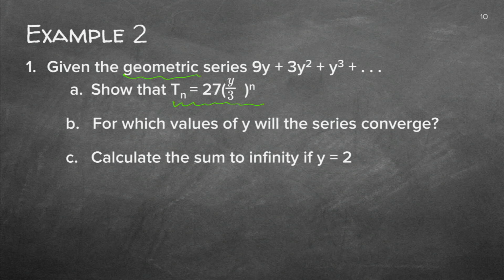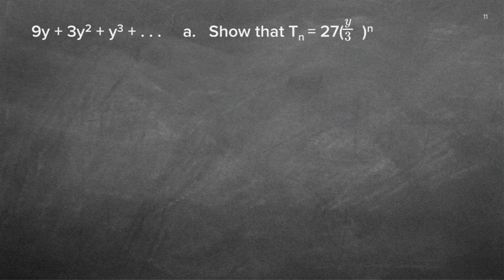So let's just see if I've got an empty page here. Firstly, we're going to try and find R. Right-hand side divided by left-hand side. That gives me y over 3. I do not have to test it again, but you can. You'll see if you test the third divided by the second term, it gives you y over 3. So I'm just going to write it neatly here so I can circle it. R is y over 3. I like to see the two loops. A is equal to 9y. Don't let it put you off. Doesn't matter if it's a proper number or if it's just letters. That is your A and that is your R.